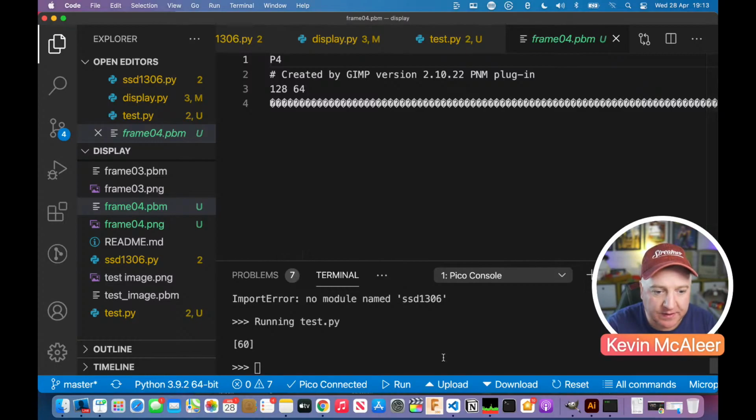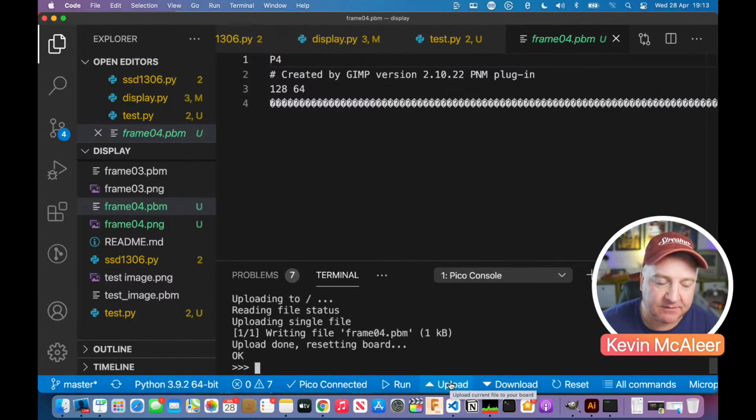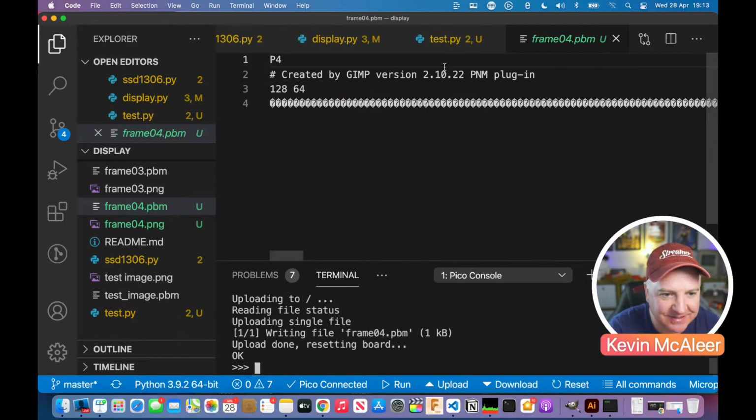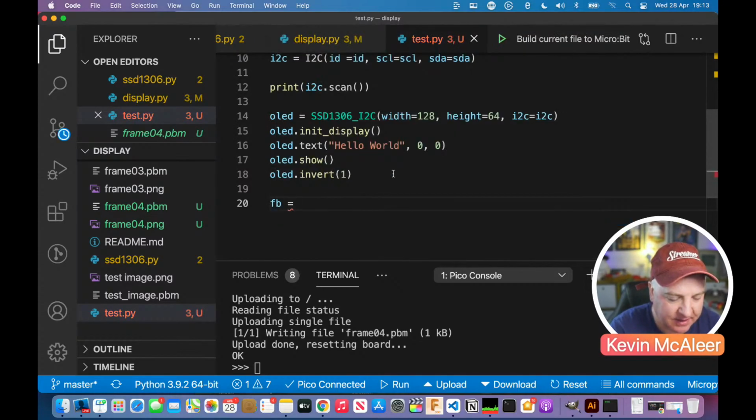I do need to upload that to the Pico, so I'm just going to click on the upload button. That's going to load it to the flash area on the Pico, and now we can actually work with that within our program. So let's do this. What we need to do is create a frame buffer. I'm going to call this FB, and this is going to be type